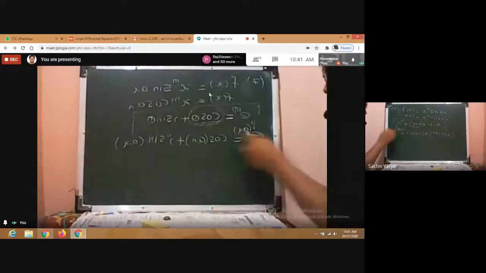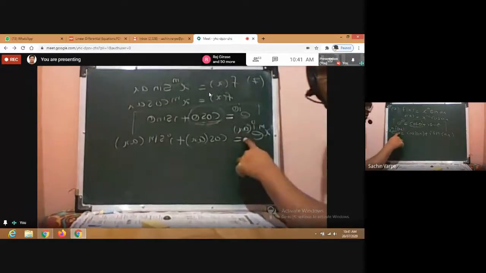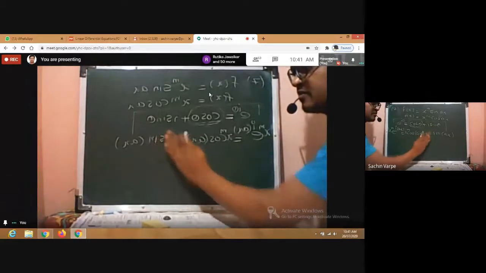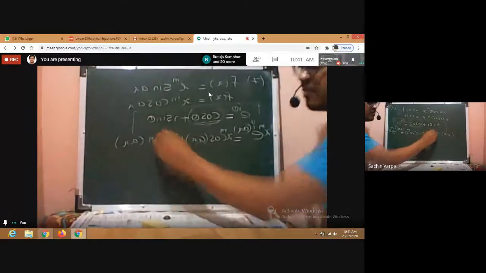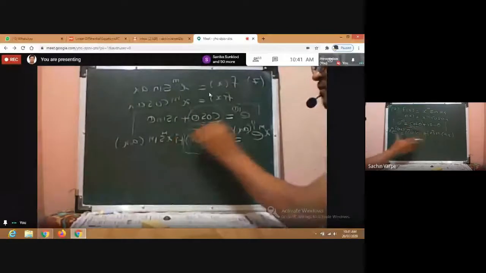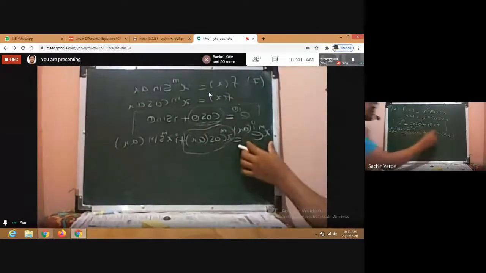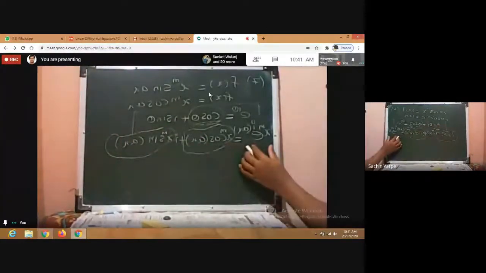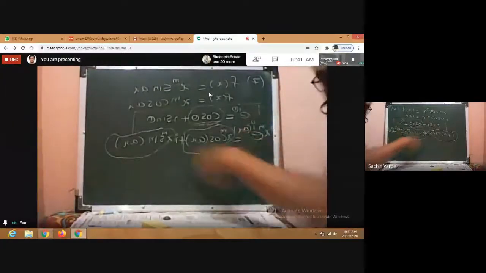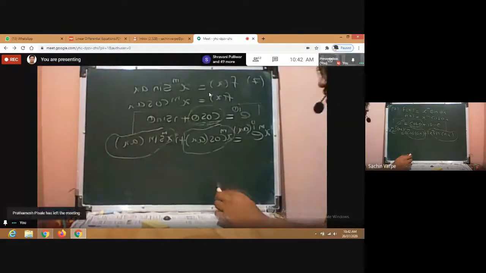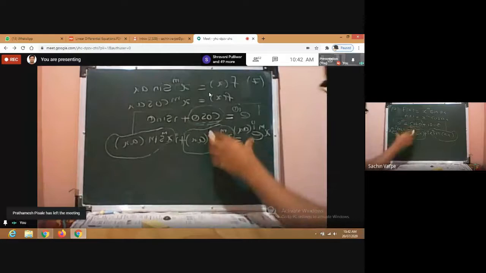If I multiply x raised to m on both sides, then x raised to m e raised to i ax is x raised to m cos ax plus i times x raised to m sin ax. So what I'm having here, this is the real part of this complex number, and this is the imaginary part of this complex number. Is it okay? Is it okay? Now with this, I'm going to write the formulas for these two functions for the shortcut. So if this is clear, then only you will be able to get the formulas. So please ask if any doubt in this.